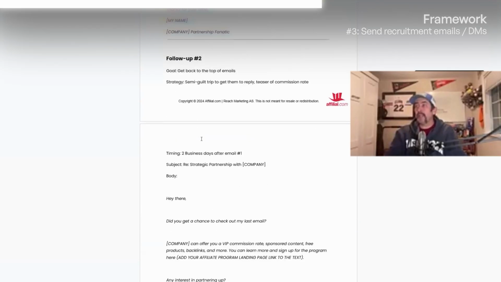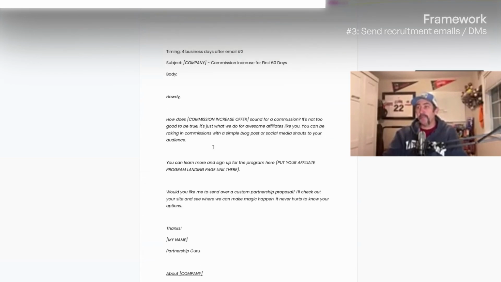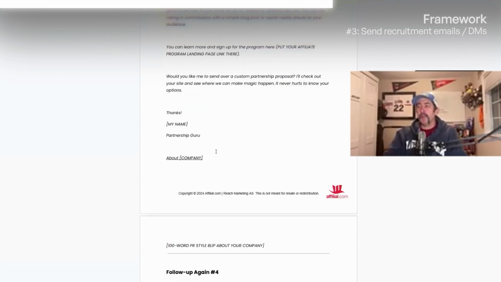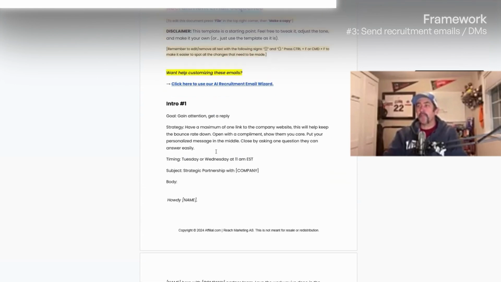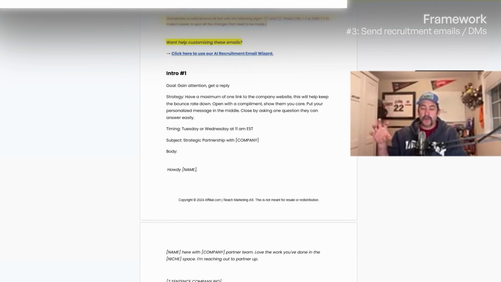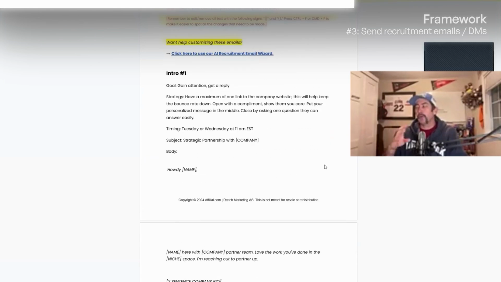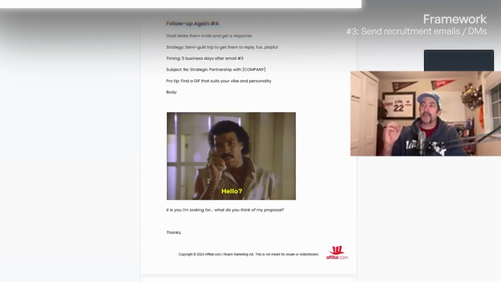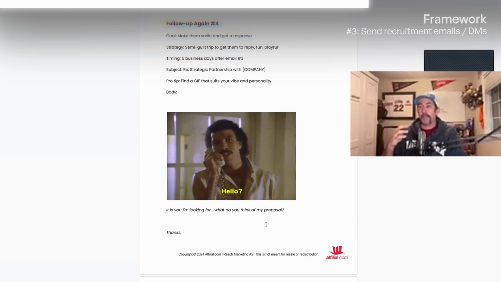It should be noted, like, this is a template. So we start with this and then we move on. Now, this template is my personality. I've got that email of hello from Lionel Richie on the fourth one. Not everybody gets that kind of joke. Not everybody's going to be receptive to that, but I can't tell you how many responses I've got from my fourth email putting that in there. It's a winner in my book.